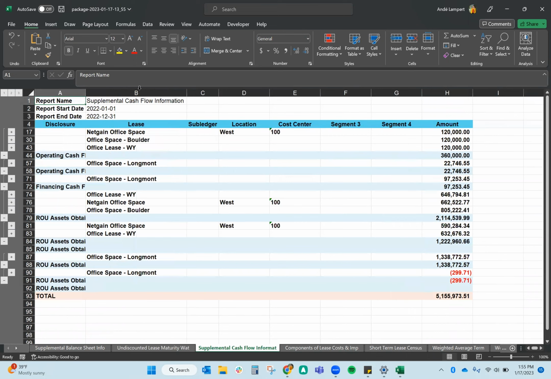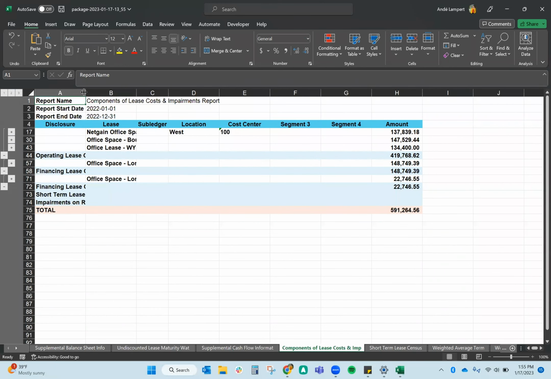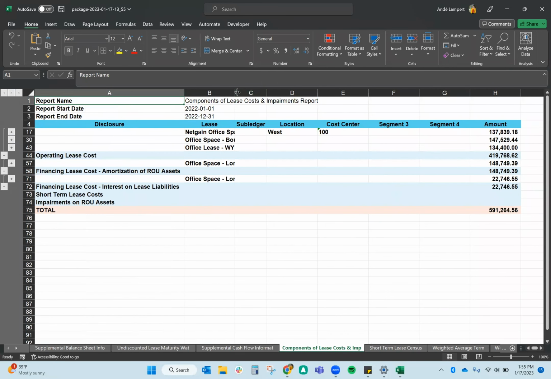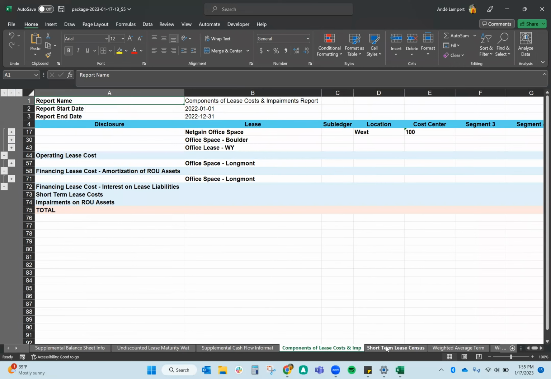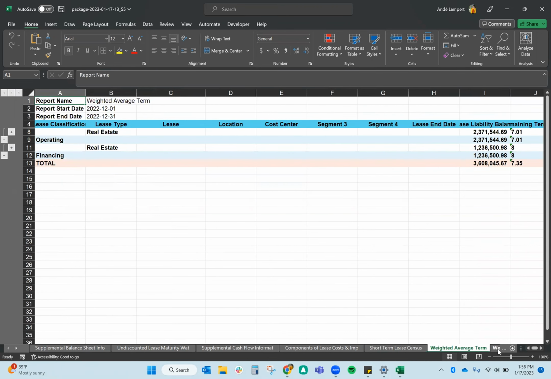We have our supplemental cash flow information, our components of lease cost and impairment report, short-term lease census. So if we input any short-term leases, this is where those would populate,